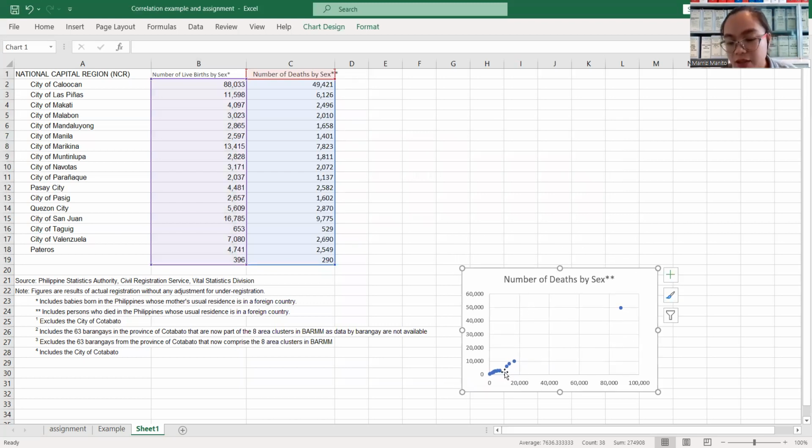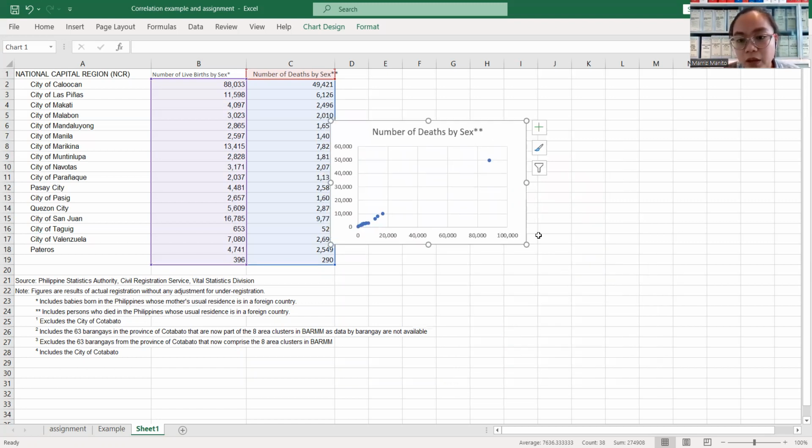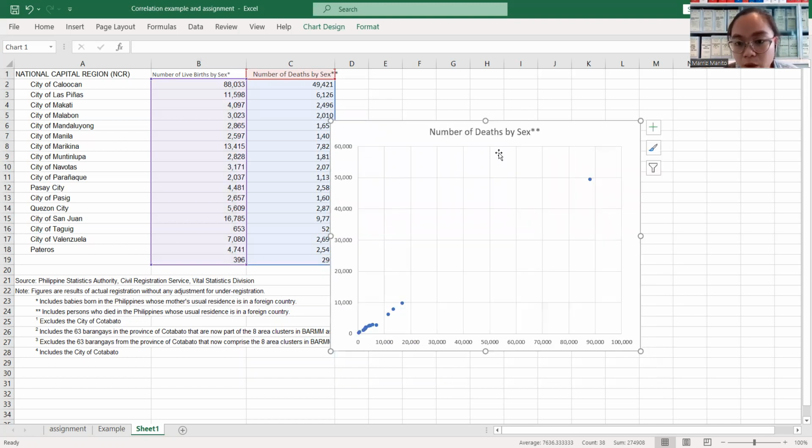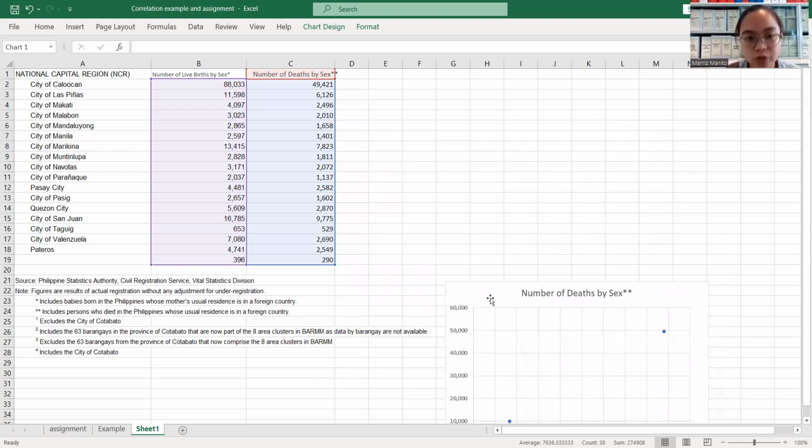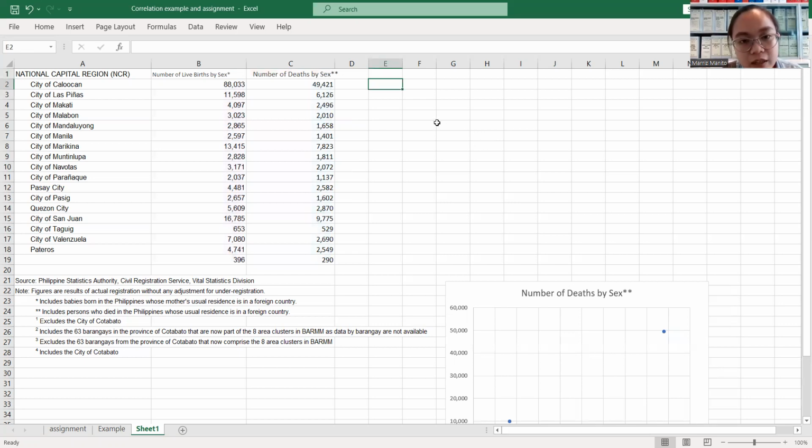We can see that there's an association from the four quadrants. This is quadrant 1, quadrant 2, quadrant 3, and quadrant 4. Most of the data are in quadrant 3, meaning to say there is a possible correlation.